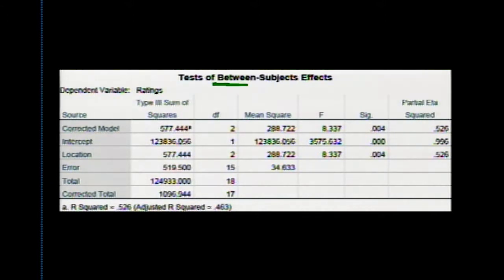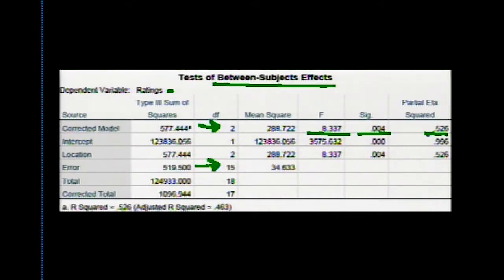So here we have the between subject effects box. This is really important. We see, again, the dependent variable is ratings. When we look at this model, there are a few numbers that we care about. We care about this one, which is 2 and 15. Those are our degrees of freedom. Remember, we calculated those together a few moments ago. So this box actually tells us what those numbers are. We have the actual F ratio right here, which is 8.337. We have the significance of the model, which is 0.004, and then we have the eta squared, which is the